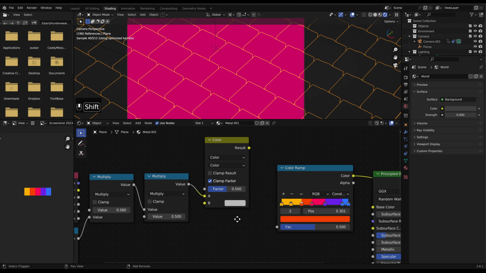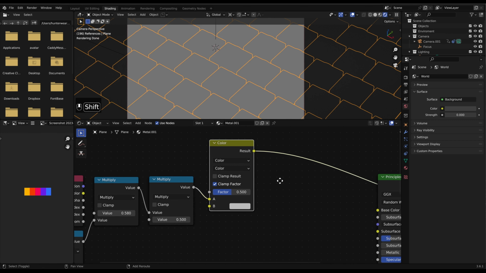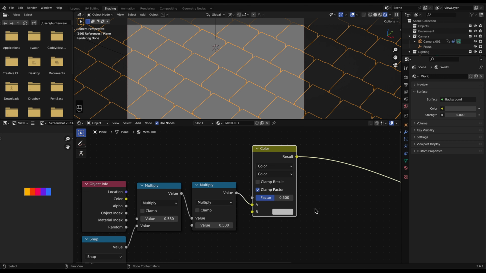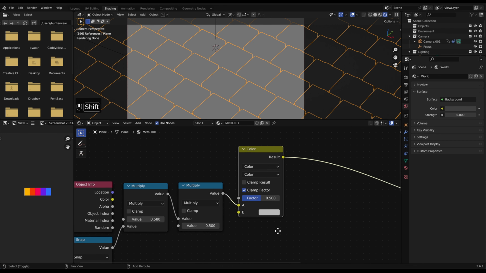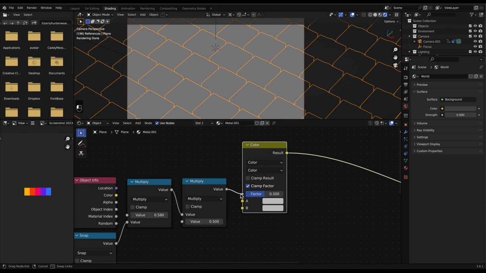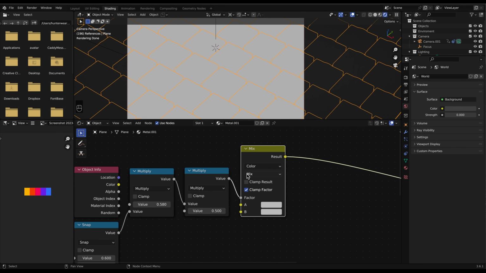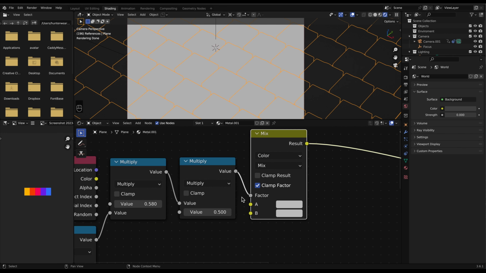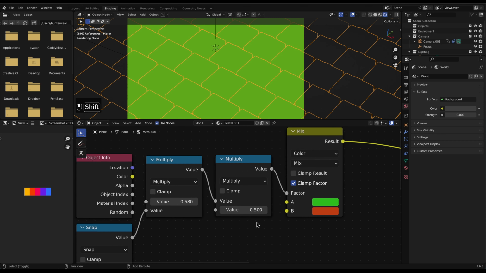We're going to deselect that. Let's get rid of this. Let's just Control Shift click this. All right, so now what's happening? Well, we've got a multiply by multiply, and then this should be plugged into factor. Now this is not quite set up yet, so let's mix the color. And we've got two colors, so let's make this one green and this one orange. Now not much is happening yet because it's just multiplying values all together.